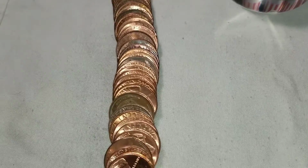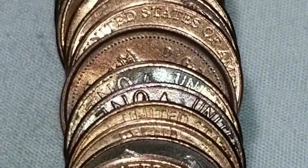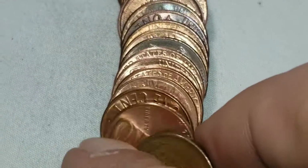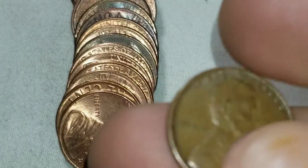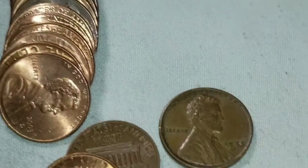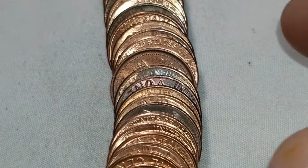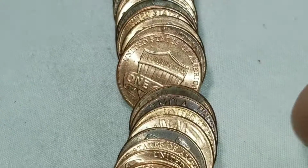We are on roll number 2 of the pennies, and if we look right here, we got wheatbacks, and if we look back here, we've got a Canadian. So we're going to have wheat number 1. Let's see what we got. A 1944. I do believe that's from Denver, and it is. The Canadian looks like a newer one,